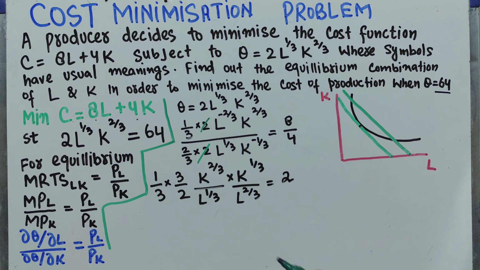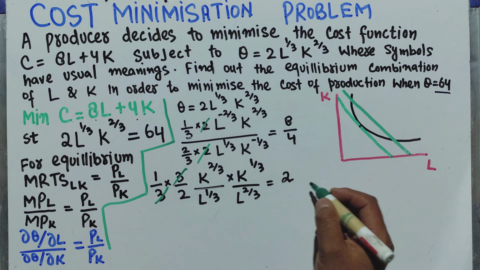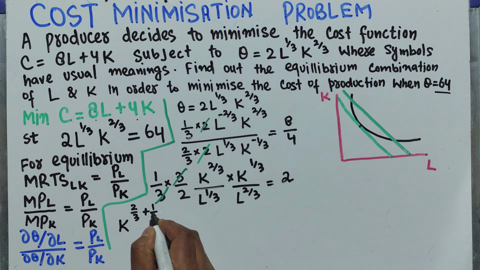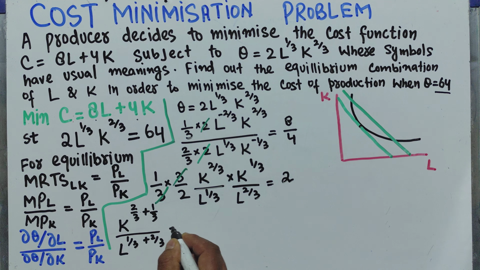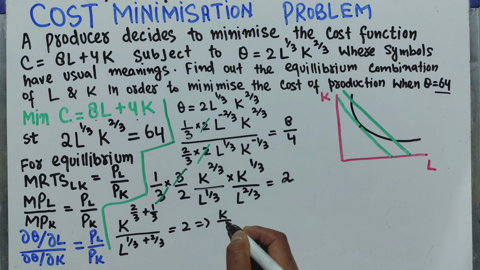Let me do the basics here first. 3 and 3 get cancelled. Bases are same, we can add up the exponents. So we have K raised power 2 upon 3 plus 1 upon 3. Simple, bases are same, we can add up the exponents. Similarly here, bases are same, we can add up the exponents. So we get 1 upon 3 plus 2 upon 3 should be equal to 2. So 2 upon 3 plus 1 upon 3 sums out to be 1, which implies K upon L